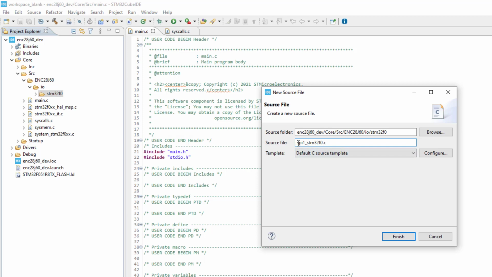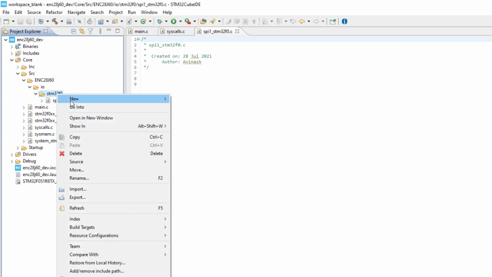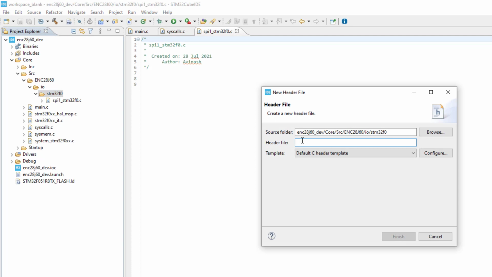This file will contain all the SPI1 related functions to initialize the SPI1 port and to send and receive data, and this SPI will be implemented according to the STM32F0 architecture. We will also create a header file for this. The name will be the same, just the extension will be different, .h in place of .c.